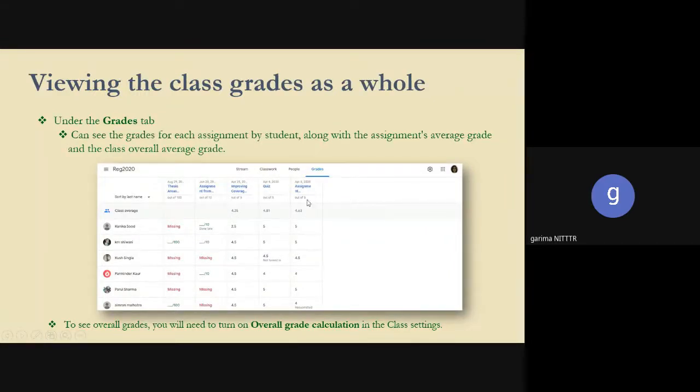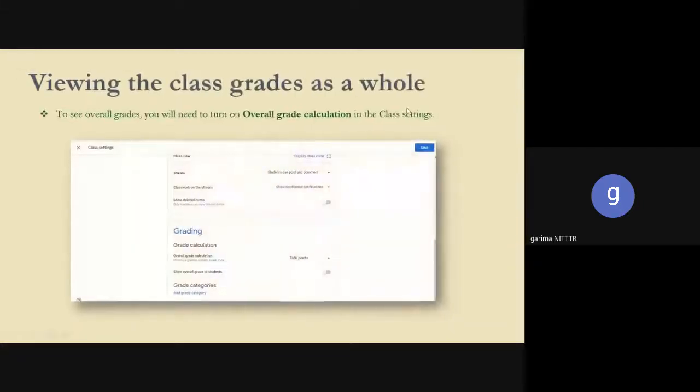But if I want to see overall grade calculations, I have to go to class settings, click on that particular tab, and in class settings go into grading. In grading, the overall grade calculation can be on the basis of total points, on the basis of weighted category, or no overall grade. On the basis of that, you can get the information.